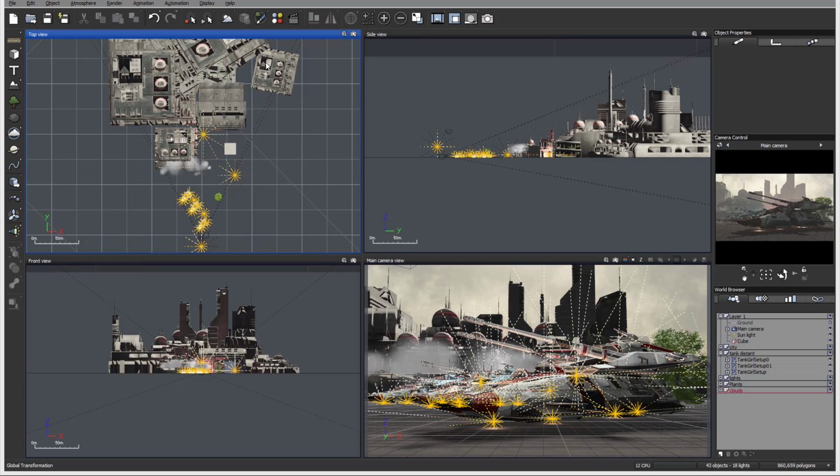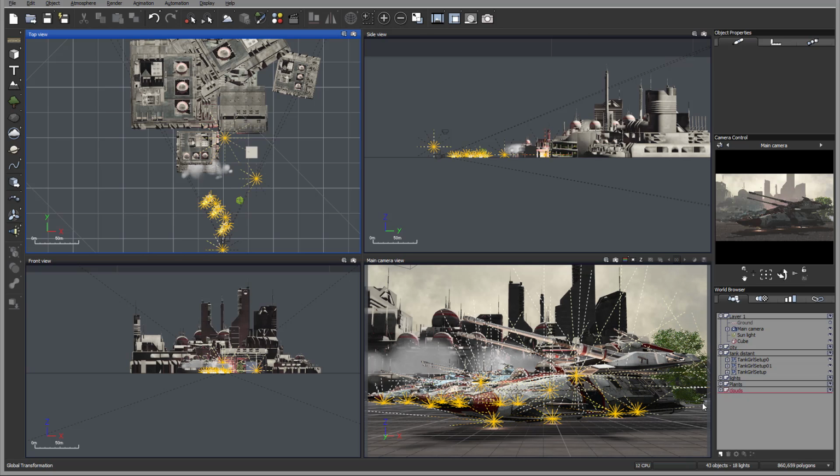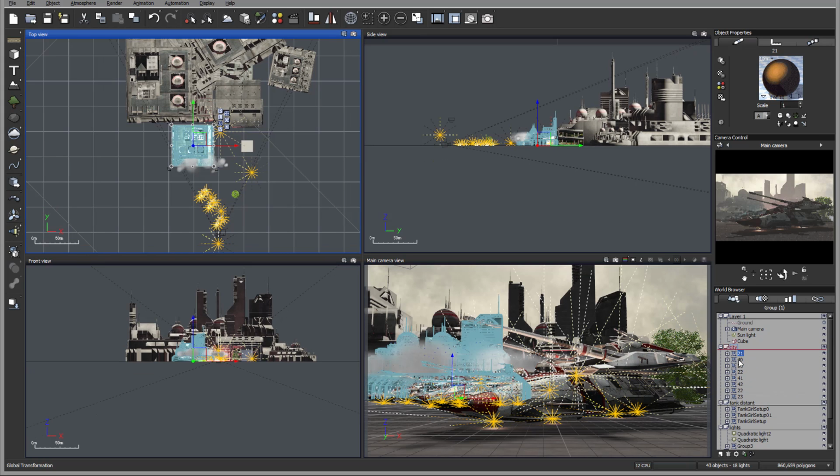When you work in Vue on large scale sceneries, it's sometimes difficult to access some materials to modify them. Your list can be extensive. The easier way to access this is by using World Browser and the Material tab. You'll notice right here we have layers, and we have multiple objects inside our layers already. You can still access by selecting the object from the browser, and now we can drop down and access materials directly